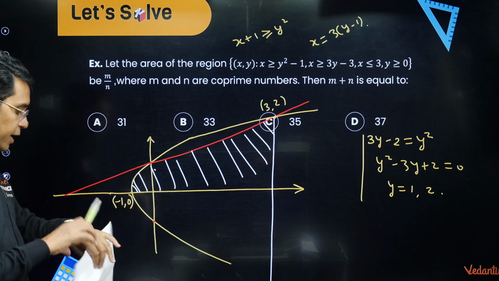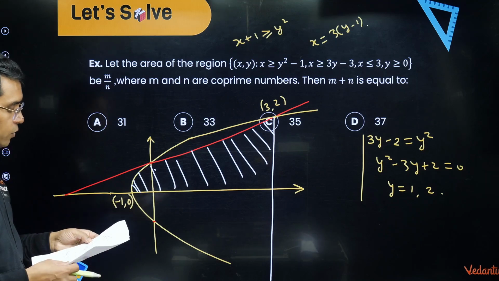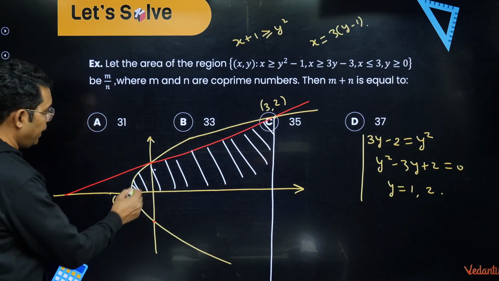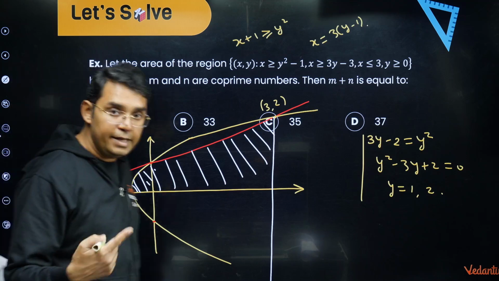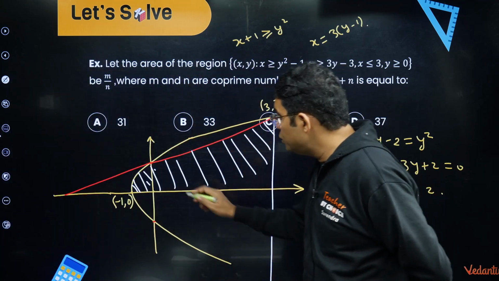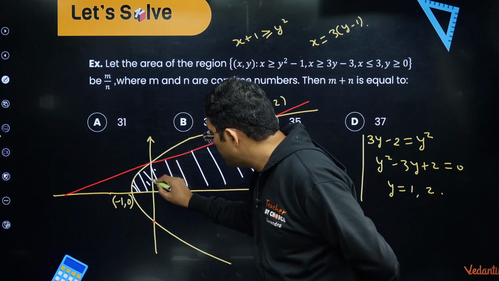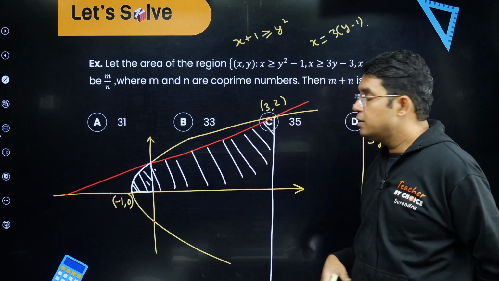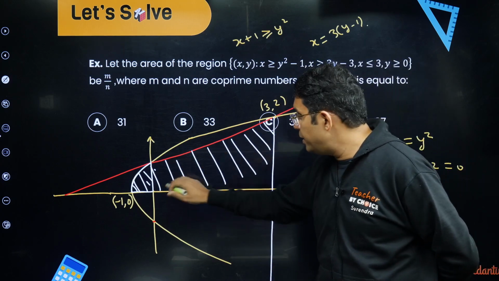Yeah, so this is the area I think that we should be aiming to find. Okay, now how to find this area? I think we can find this area by integration, and I just need to do the integration from this to this only, because after that I think it is just a simple trapezium, isn't it? This will be found by trapezium.